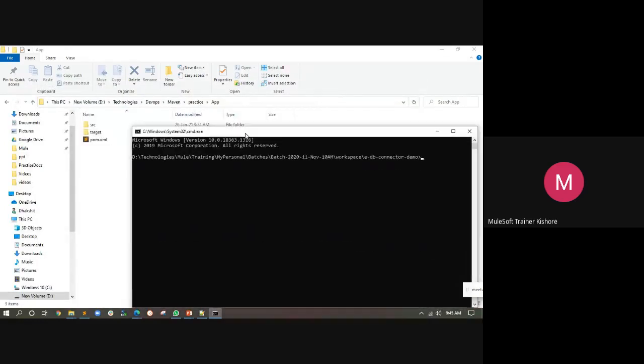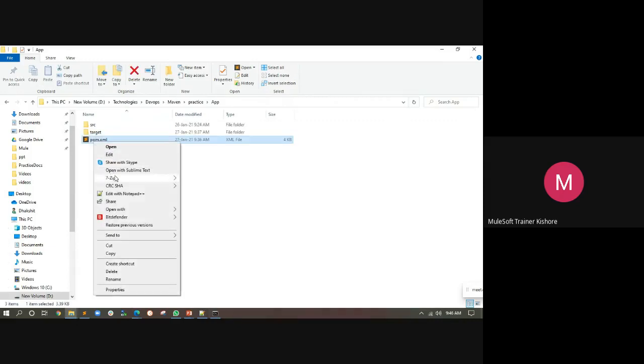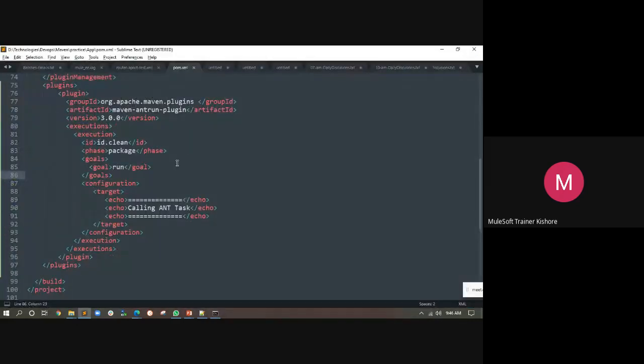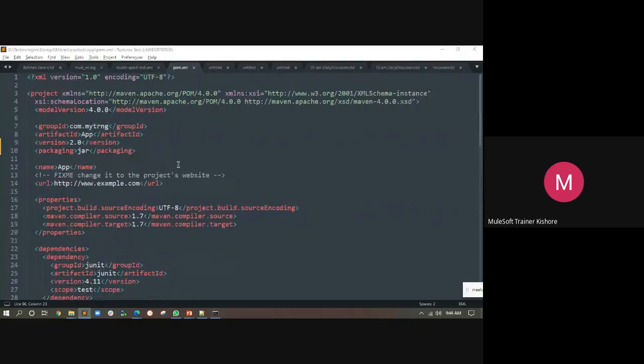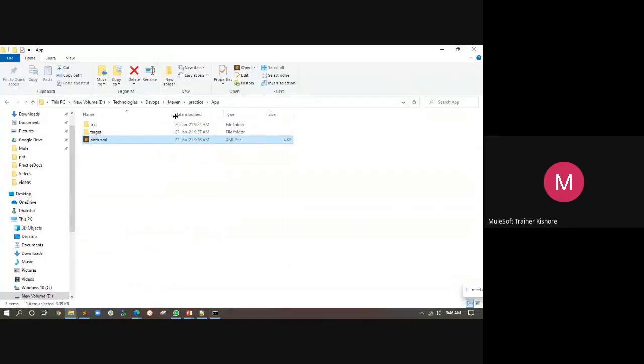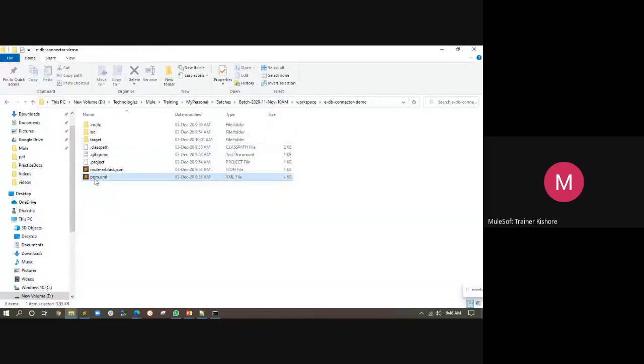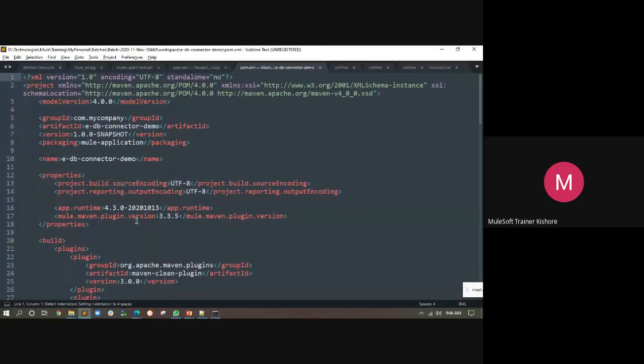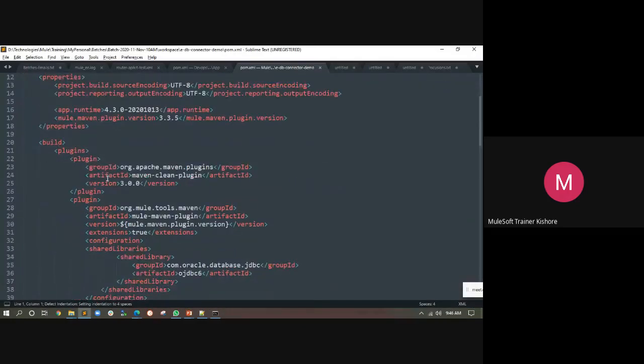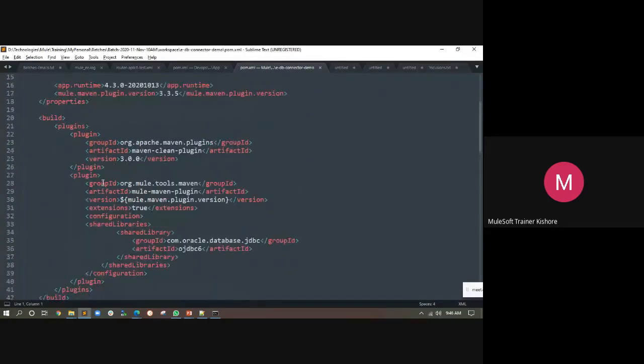So we'll talk about this Mule Maven plugin. Let's go to pom.xml and see this. We are into Maven. I need this DB connector pom.xml. So here, see here, by default, there is a plugin called Mule Maven plugin that will get added to your project by default whenever you create a project.